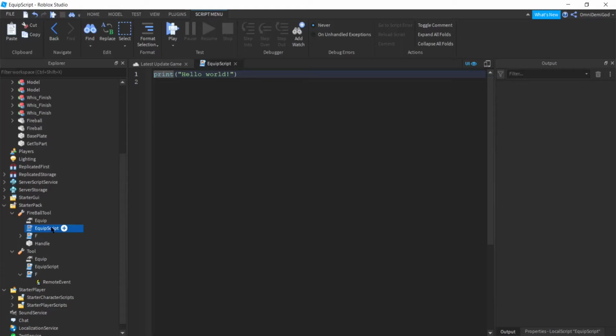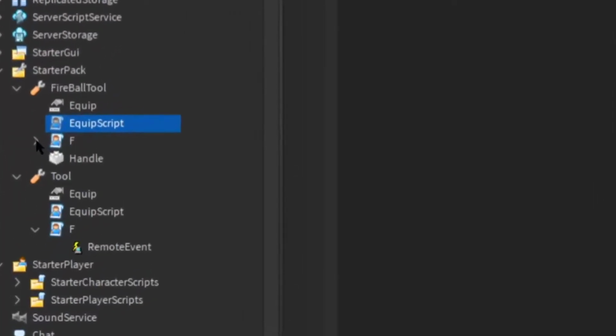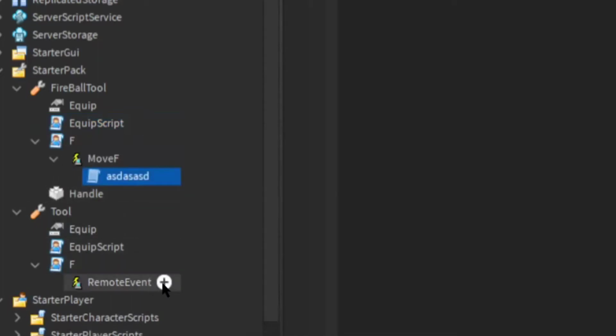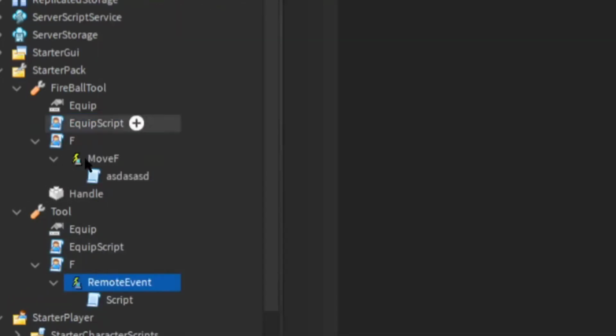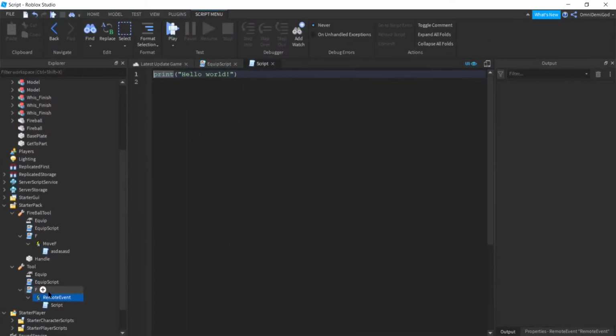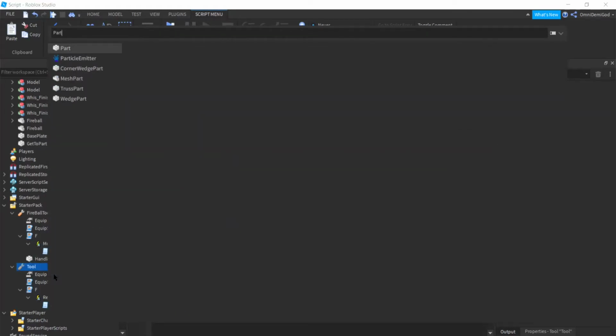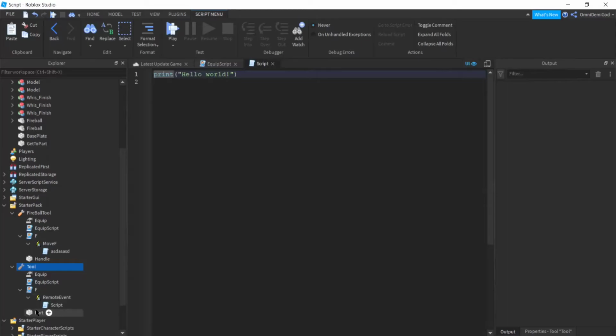So EquipScript, we're going to look at EquipScript, but before we do that, we want to make sure we got everything. So we create a script inside of here. Doesn't matter, you can name it anything. After that, alright, we want to create a part, and this part is going to be called Handle. It really doesn't matter how it looks yet. The point is for you to just make the actual fireball work before you put the details